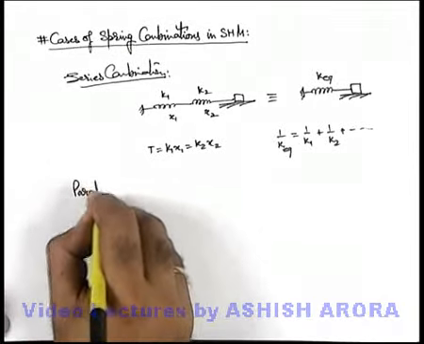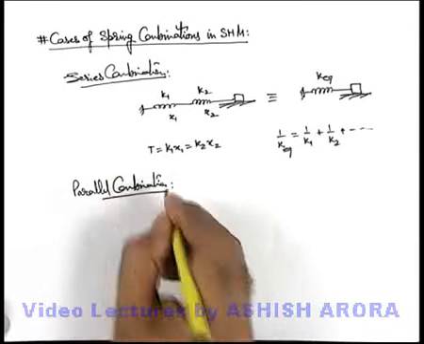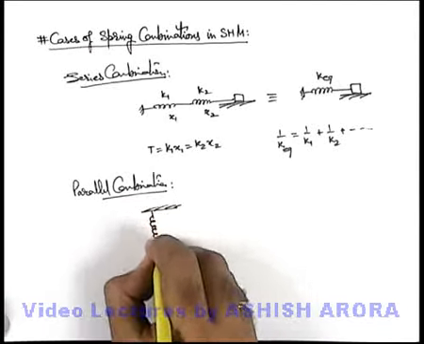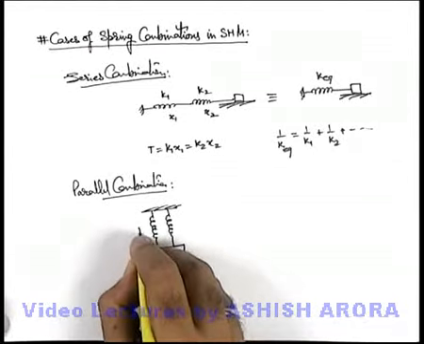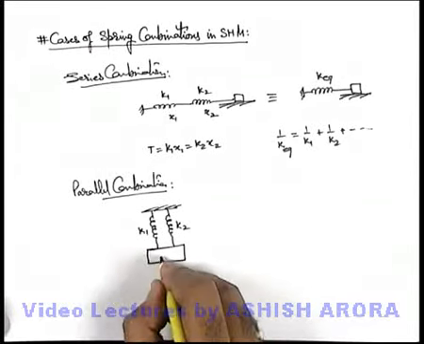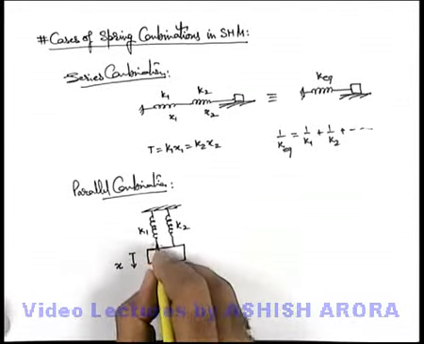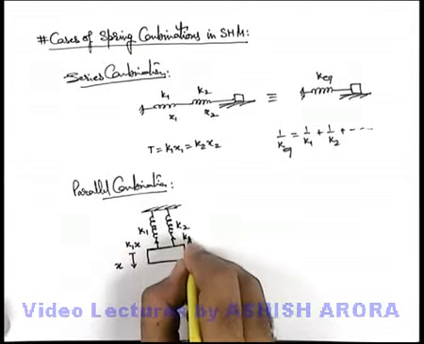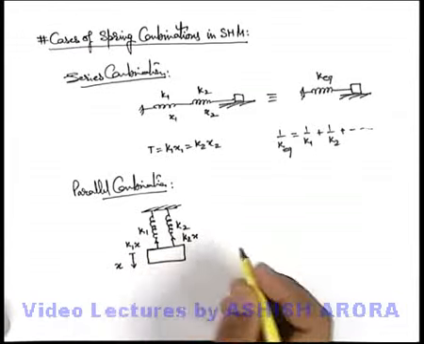Similarly, if we talk about parallel combination of springs, the situation is like when two springs are connected parallel to each other and connected to a block, and these have force constants K1 and K2. And always remember, when the block is displaced, both the springs will get equal extension x. So they will have different tensions, individually K1x and K2x, and the total force acting on the block will be K1x plus K2x.